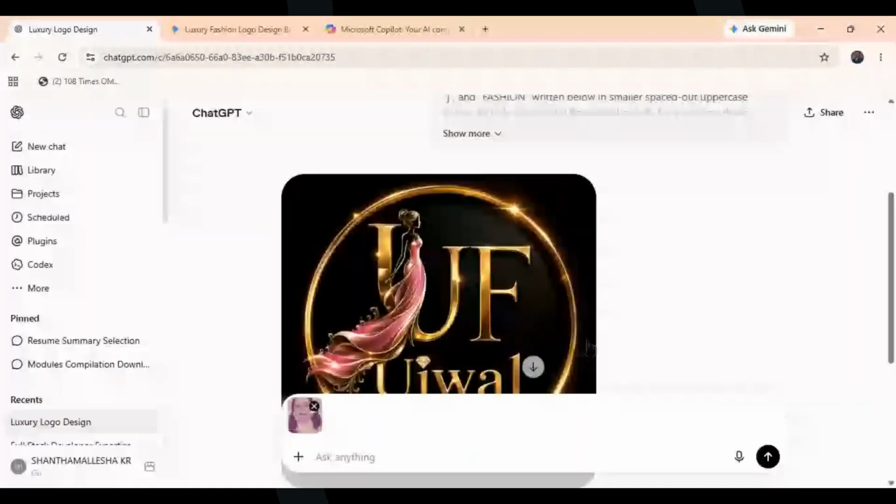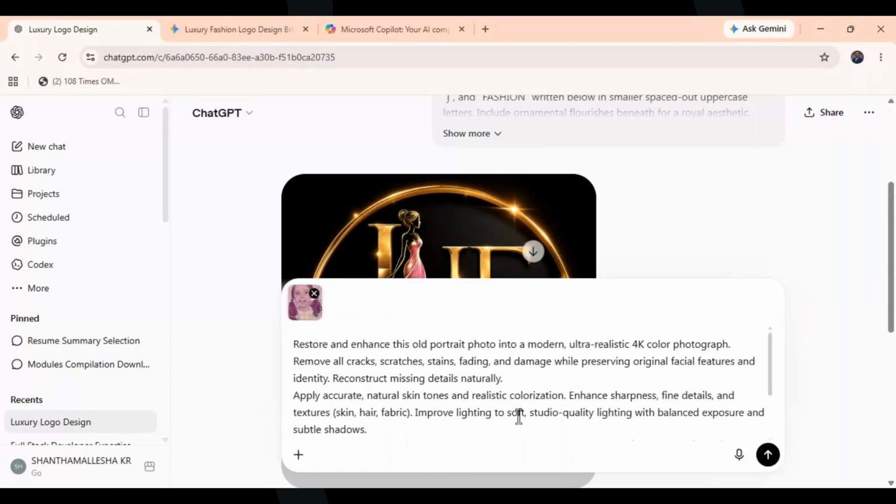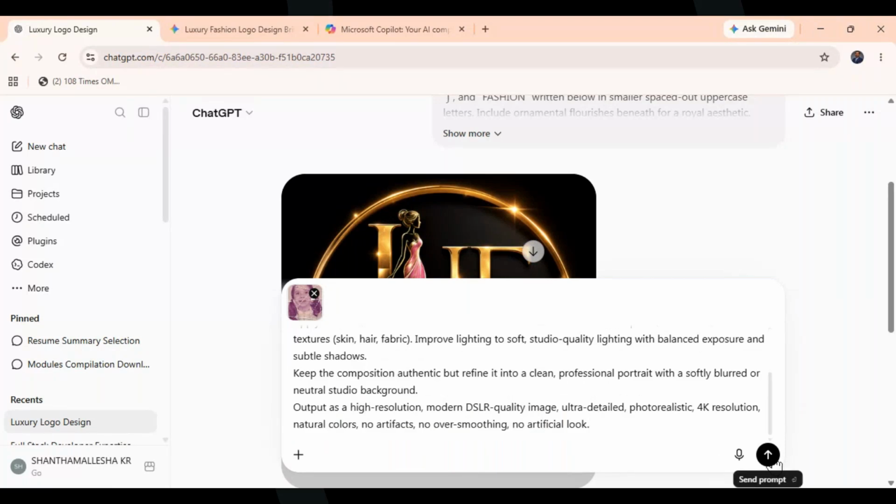Okay, and there itself I gave one prompt. So copy that prompt and paste in the prompting area. I can show you in front of you. Okay, so press enter key